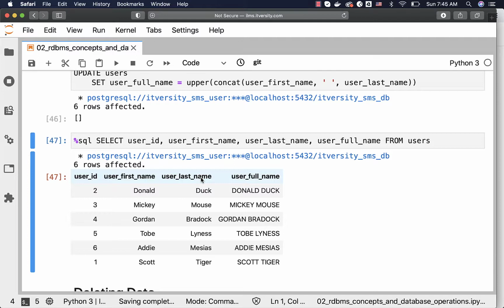This is how you should be able to leverage the update statement to update the data in the existing table, either by using literals or derived values from existing columns, either by specifying conditions or without specifying conditions. If you do not specify conditions, it will update every record within the table. Once you understand a lot more about SQL, you will be able to use update statement a lot more effectively to satisfy your requirements.